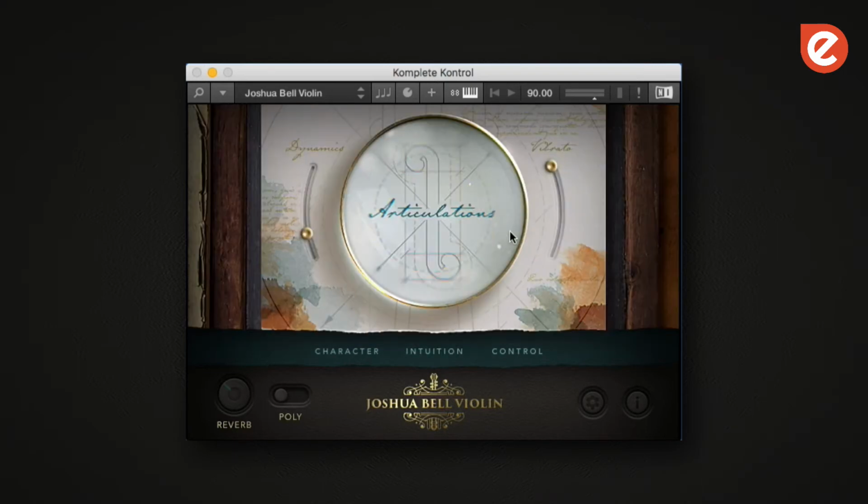And there's a whole discussion on vibrato that I will save for an additional video, but it's worth taking a pause from intuition just momentarily and talk about the way vibrato works in this instrument. Basically, we found a way to integrate the natural vibrato samples with non-vibrato samples and also have a hybrid scripted vibrato in between. So that's kind of the best of both worlds, in our opinion, because you can have a non-vibrato sample